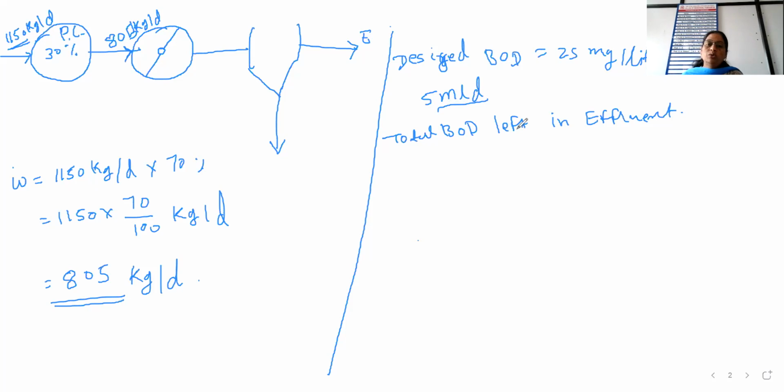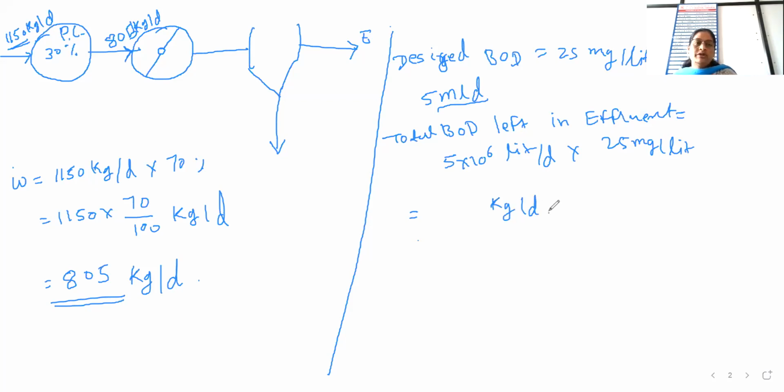So we can find out the total BOD left in that particular effluent will be 5 into 10 raised to 6 liter per day into 25 milligram per liter. So from that you can determine the quantity in kg per day,